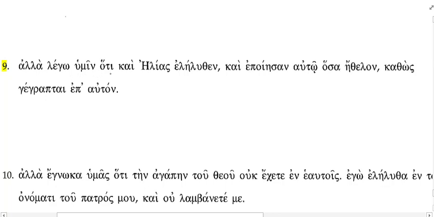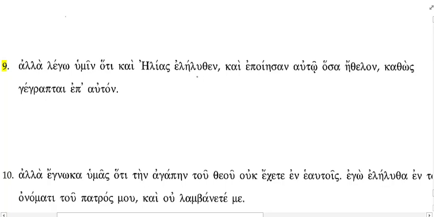I say to you, hoti, that, kai Elias, that Elias, who is who? Elijah. Now, the kai here is not joining two things like Jack and Jill, Moses and Elijah. It actually goes with just one thing. So I don't want to translate the kai here as and, as a conjoiner, but really more as having an adverbial force. How would I translate that kind of a kai? Yeah, even or also. Okay, that Elijah also, or also Elijah,